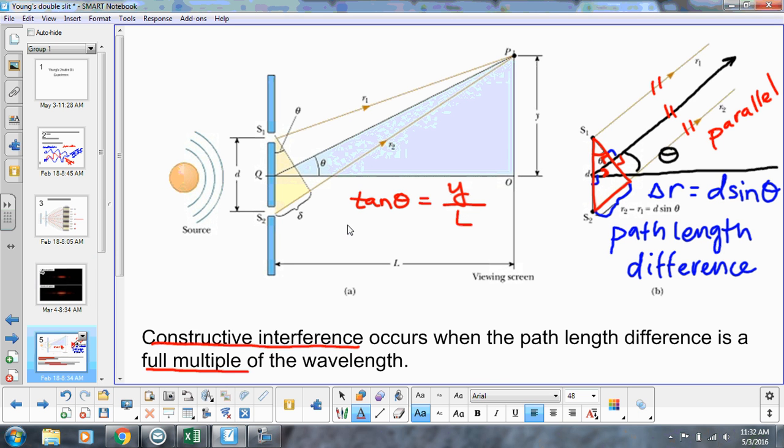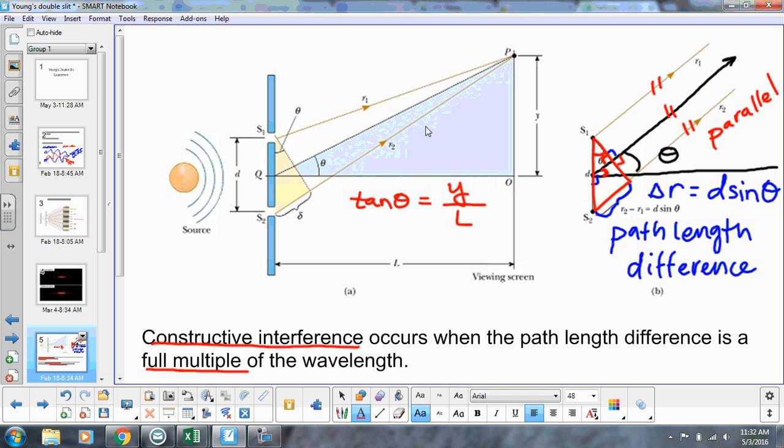Let's talk about the geometry of this whole thing. So here's our picture. This is our screen, and we have the light traveling from slit 1, traveling along this path to the screen, and then slit 2 traveling along this path to the screen. Now, we know from our study of sound that constructive and destructive interference occurs because of a path length difference between the two waves. So R1, you can see the light coming from slit 1 has traveled less far than